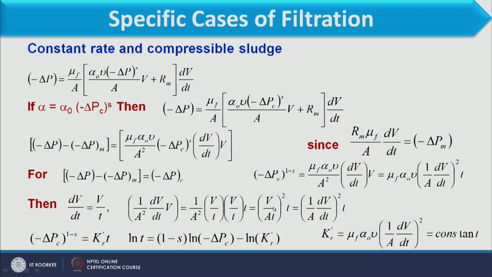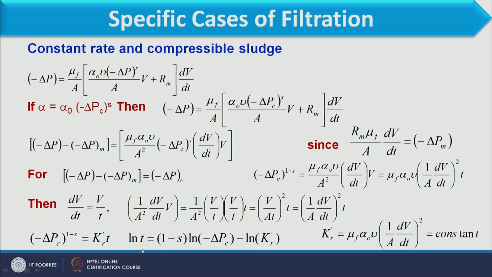So here you see V by AT whole square into T, which we can write as 1 by A dV over dt whole square. So this dV over dt whole square T we can put over here. All these values would be constant, and delta Pc power 1 minus S should be equal to Kr dash into T. Taking log of this, we can rewrite the expression. Now here you see time varies with minus delta Pc. So to calculate the S value as well as Kr dash, we have to draw the line of pressure drop across